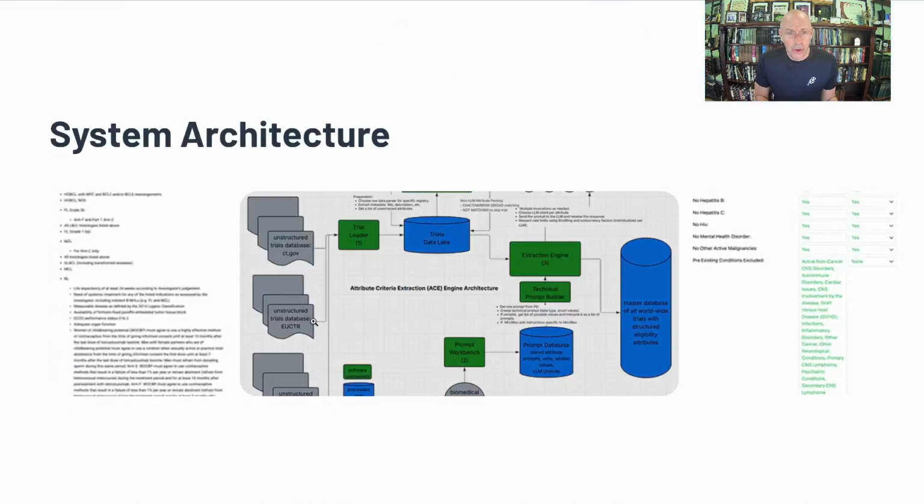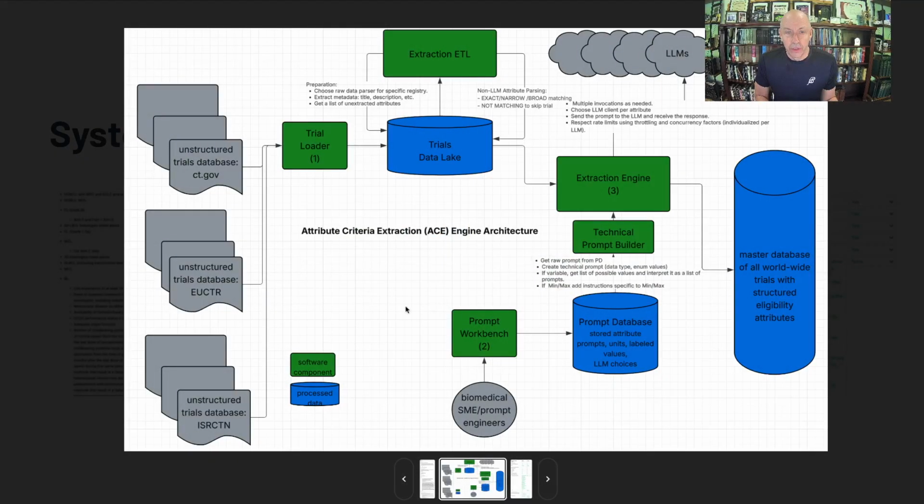Okay, so the system architecture, we'll just drill into it here. We're taking the unstructured trials. We use a trial loader, load it into the data lake. We have then fine-tuned prompts for each of the 84 follicular lymphoma patient attributes, and an extraction engine then uses large language models to take these fine-tuned prompts and extract these precise criteria and populate this master database of world